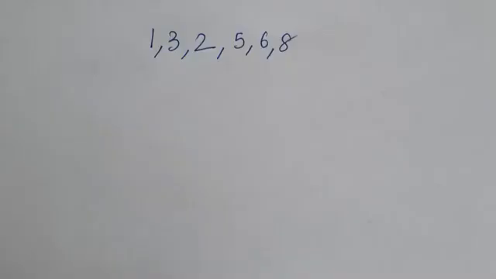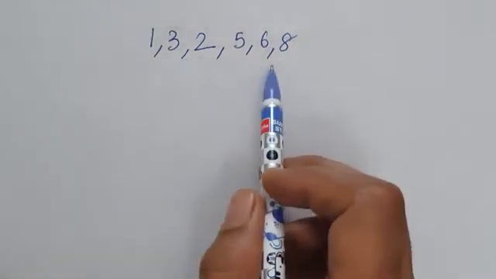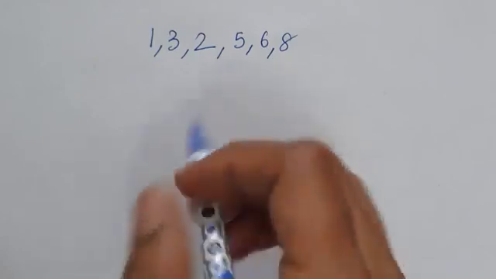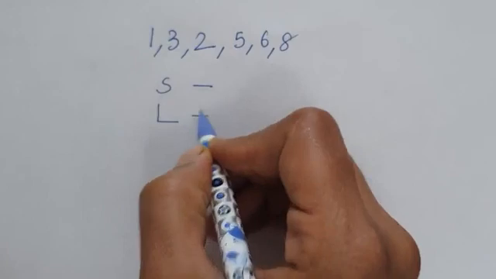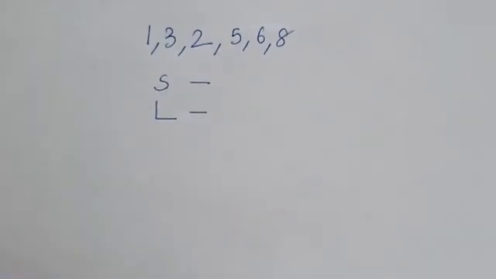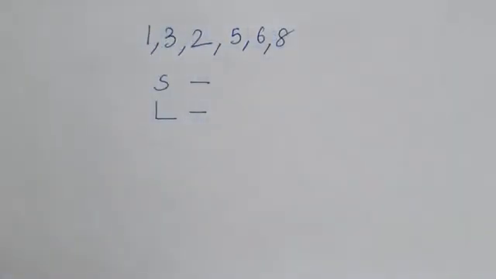Clear, children? Let us discuss how we can make smallest 5 and 6 digit numbers, and largest 5 and 6 digit numbers using the given digits. Now we have these 6 digits. Now let us make the smallest 6 digit number and the largest 6 digit number. Clear? The condition is this: we can repeat the digits.